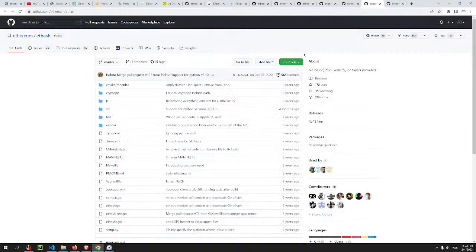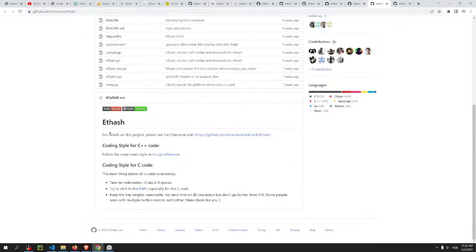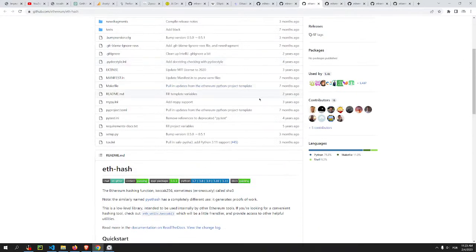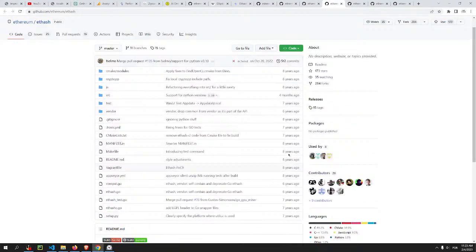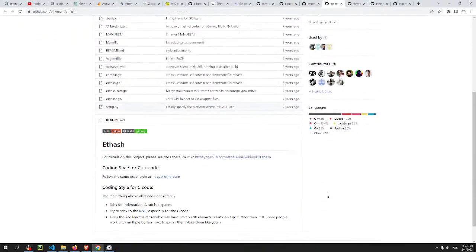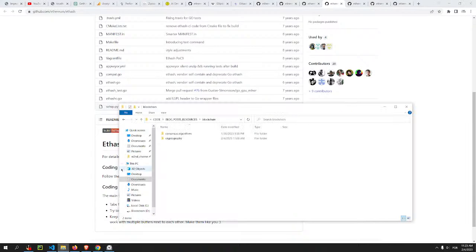Close this one. So this is the C++ version. I think this one is the Python version. Maybe I should download these things as well. I should probably create...